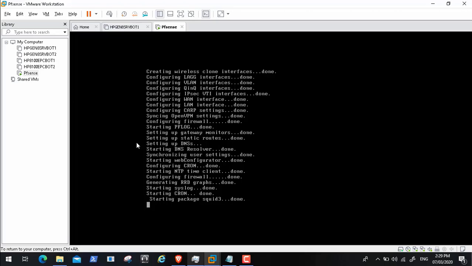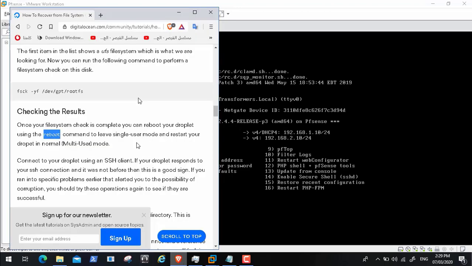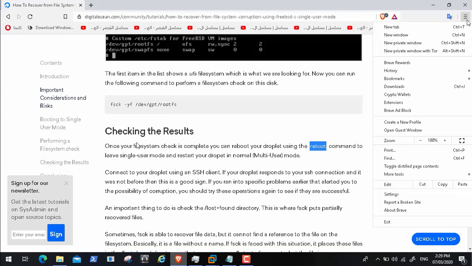It will take a little bit of time for the firewall to boot. Now it is booted normally and we can see all of the configuration is correct. So now we can continue our